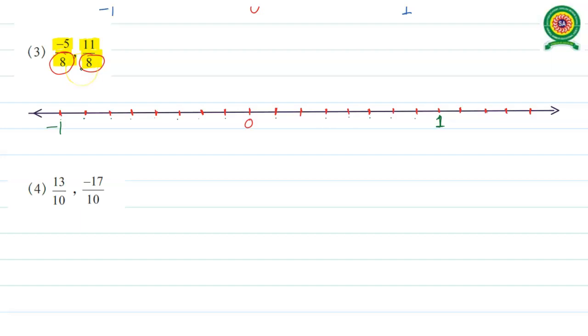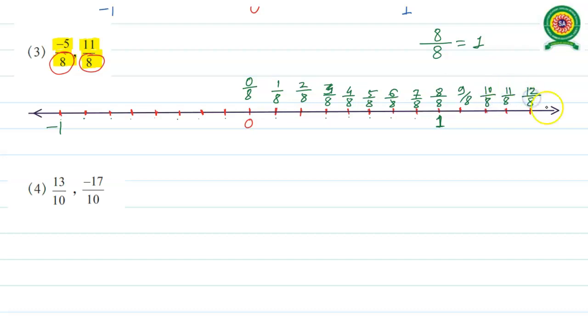Now once the denominator is 8, let us try to plot those rationals on a number line. Like this: 0 by 8, 1 by 8. Towards the right of 0 we have all the positive rationals. 2 by 8, 3 by 8, next to it 4 by 8, 5 by 8, 6 by 8, 7 by 8, 8 by 8. Look at 8 by 8. After dividing, we have 1 by 1, which means 1. So 8 by 8 is located exactly at the position of 1. Next to it we have 9 by 8, 10 by 8, 11 by 8, and the last one here, 12 by 8, and so on.